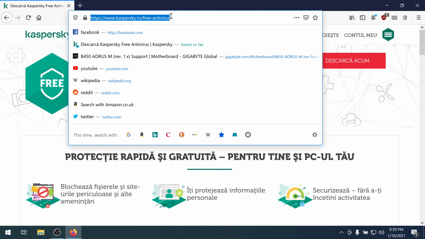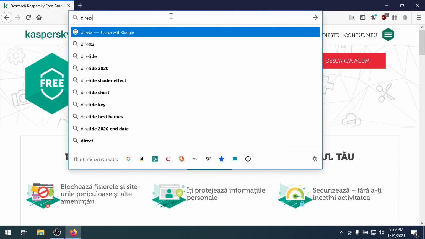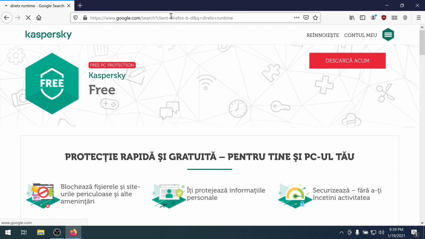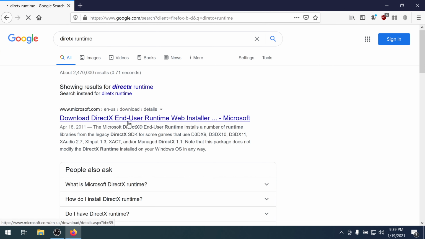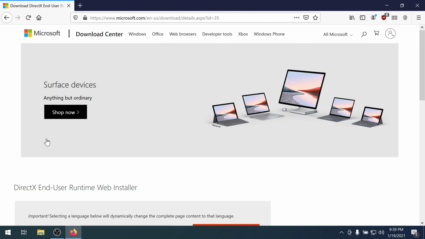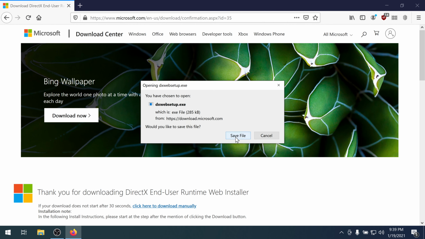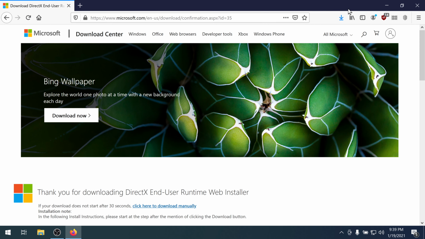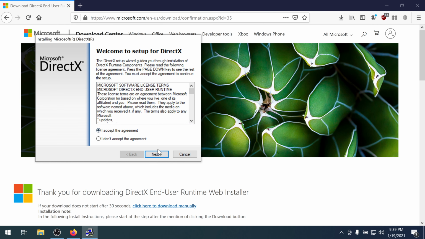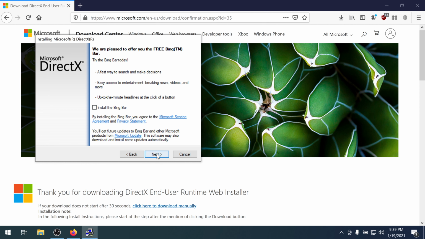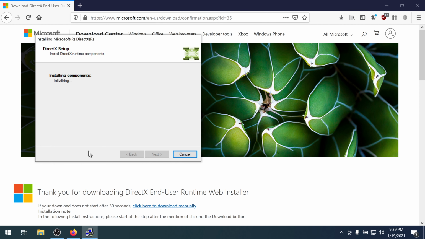Okay, now we need to install DirectX Runtime. This is required for some applications and games. Always uncheck this, you don't need a Bing bar. Next.